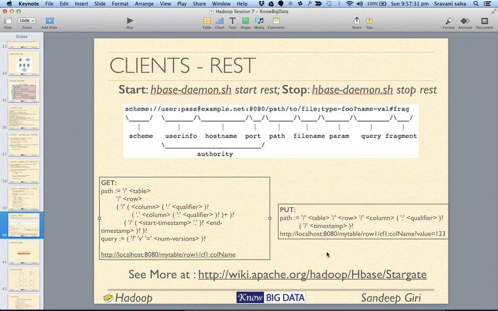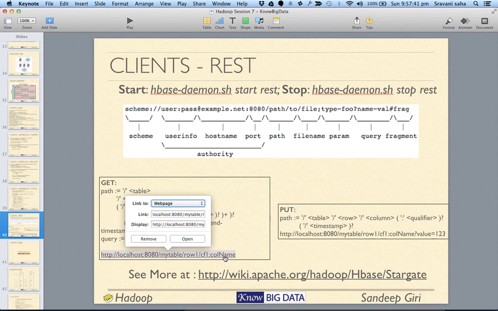Other than this, HBase provides you something called a REST service, which means HBase will become kind of a